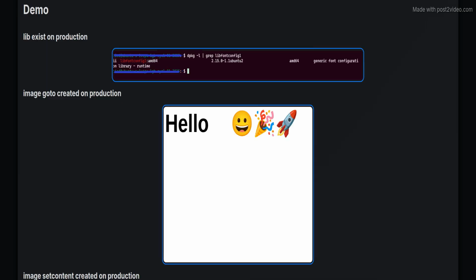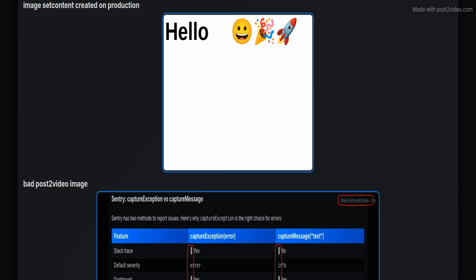This demo section provides visual proof of the successful installation of the libfontconfig1 library on a production droplet and demonstrates rendered outputs from the goto and set content methods, showcasing the project's effectiveness. Continues the demo with visual examples of rendered images created using the set content method, underlining successful implementation despite previous